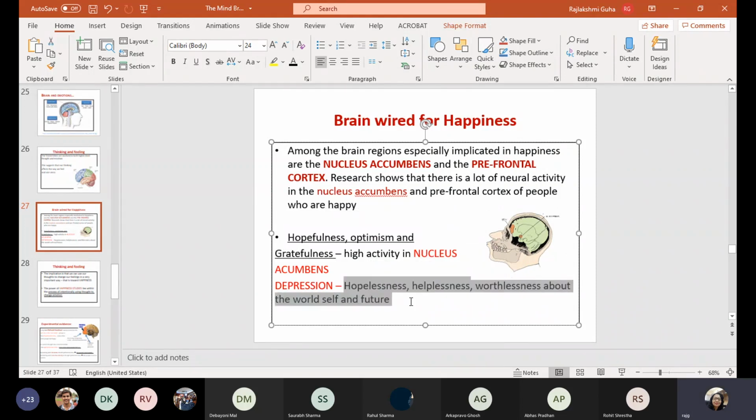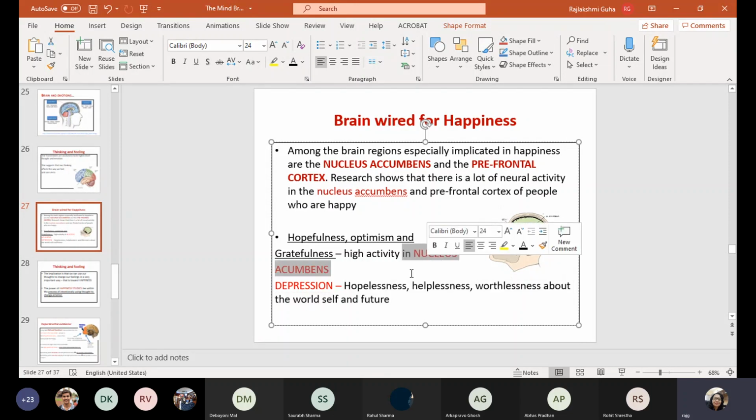In depression, we try to reduce this to increase this. So what do you do? You know that we need to increase this activity. So to increase this activity, what do you need to do? You need to do these. Then by default, these will lessen. Now, how do you do that?